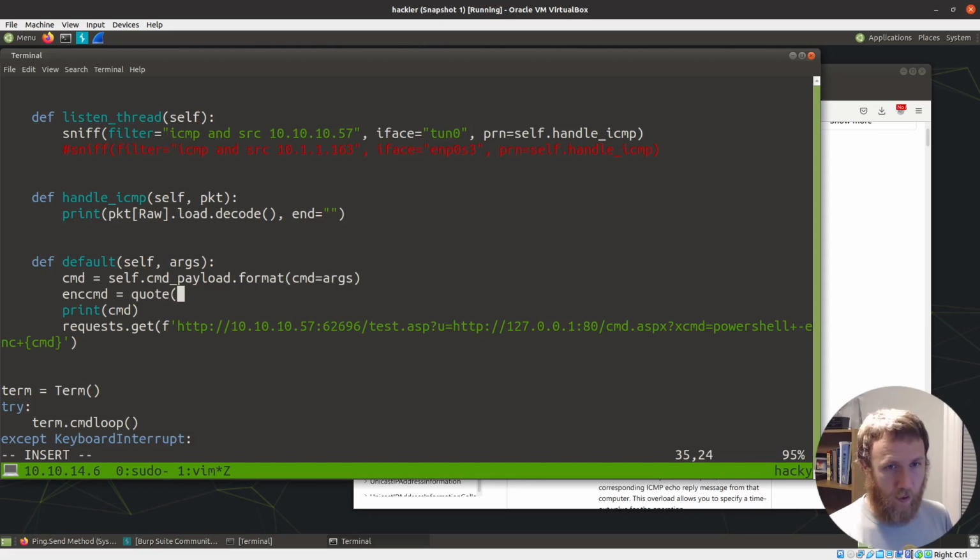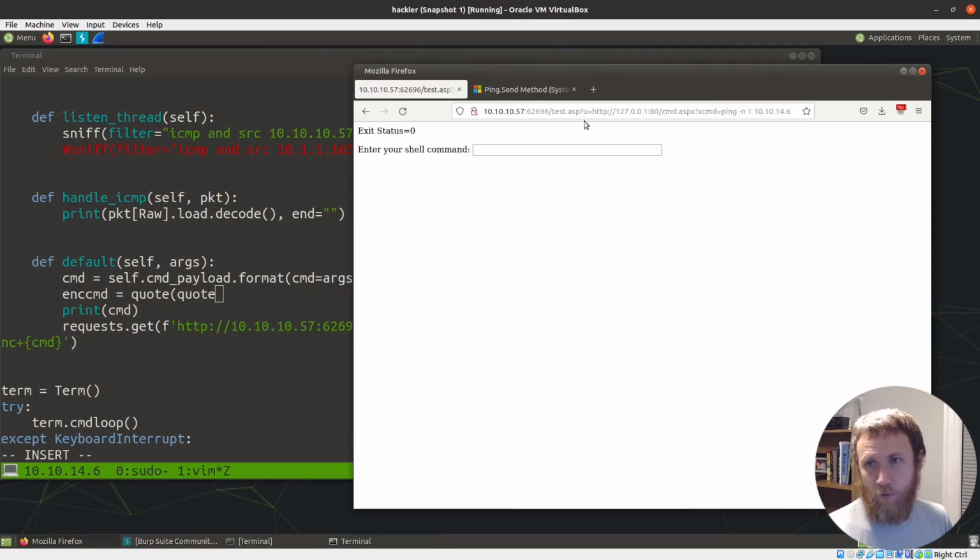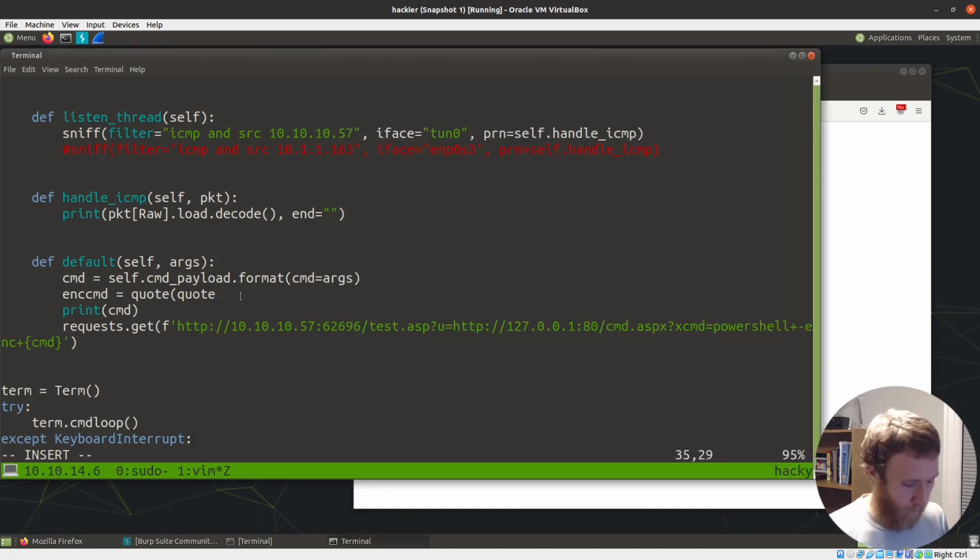quote. I'm actually going to do this twice, and the reason is it's going to get decoded twice. First, when it hits this server, it's going to decode all of this stuff. Then when it hits this server, it's going to decode all of this stuff. So I'm going to do quote twice. And then I'm going to do base64.b64encode,